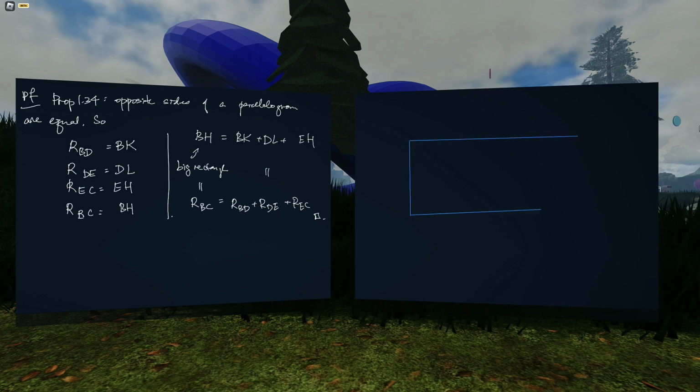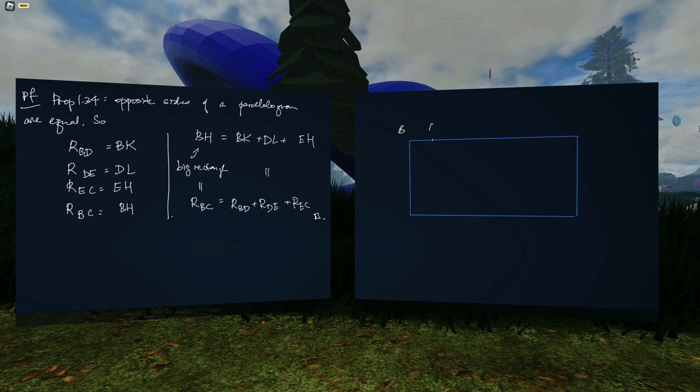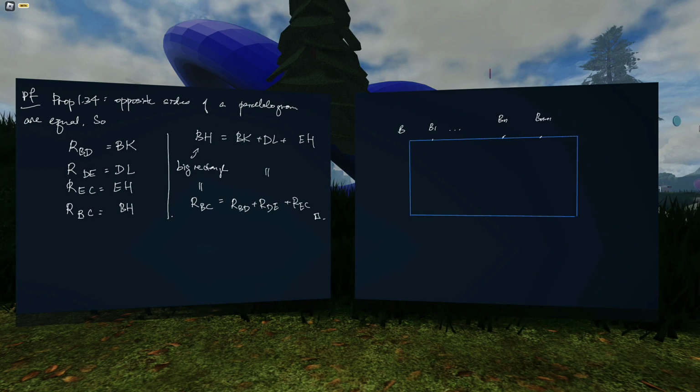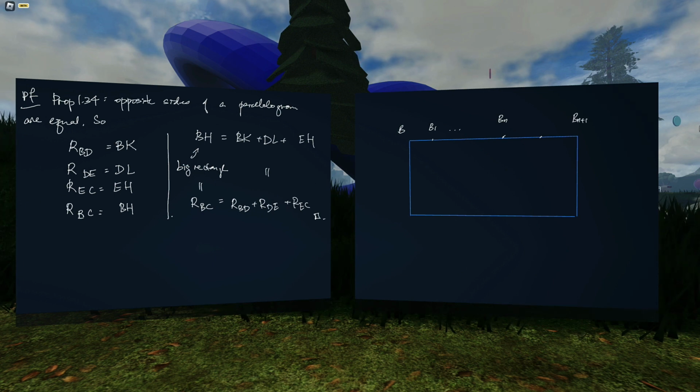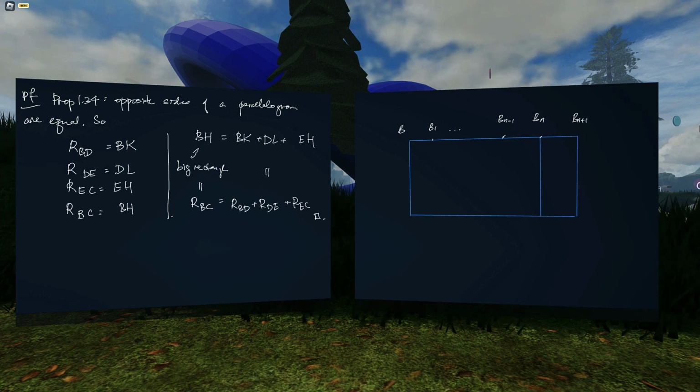Right. So I'm not going to label anything. We're just going to do this construction as we've done before. We're going to subdivide this rectangle into, I guess, n parts. So this is B. This is maybe B1. This is Bn. Maybe this is Bn plus 1. Maybe I should have done it like this, right? So if we assume that the proposition holds for n terms, then